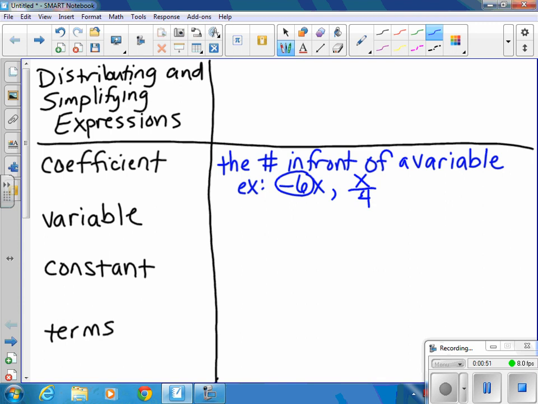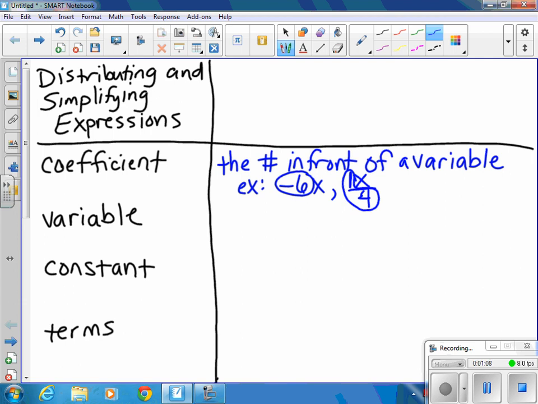say it's the 4, and it's not. The 4 is a part of it, though. In front of the x, there's an invisible 1. 1's like to hide in algebra, so you have to put 1 there. And then this fraction, 1/4, becomes the coefficient. Right, so make sure that you recognize that division problems that look like this could also have a coefficient of